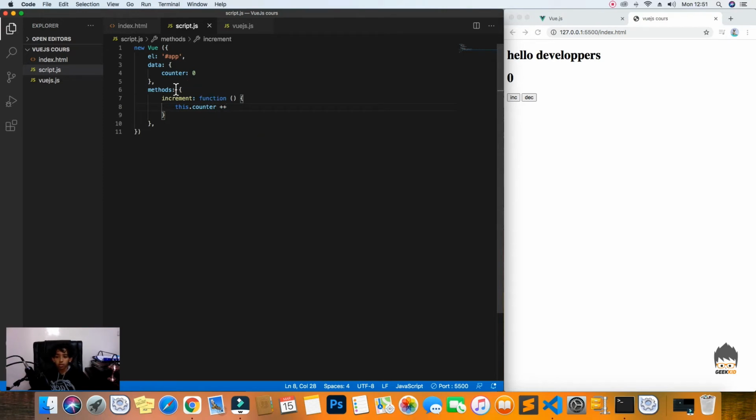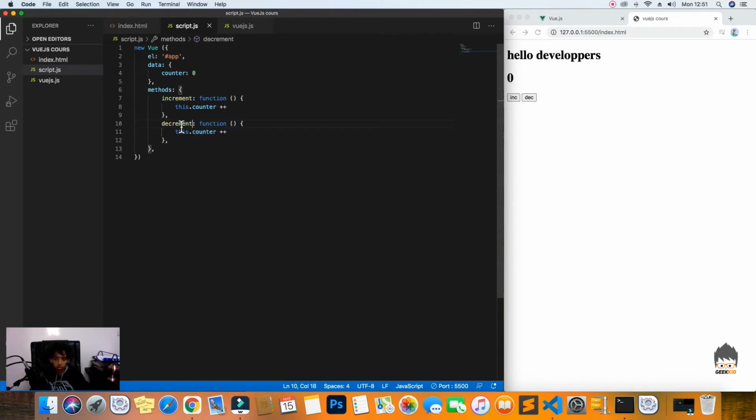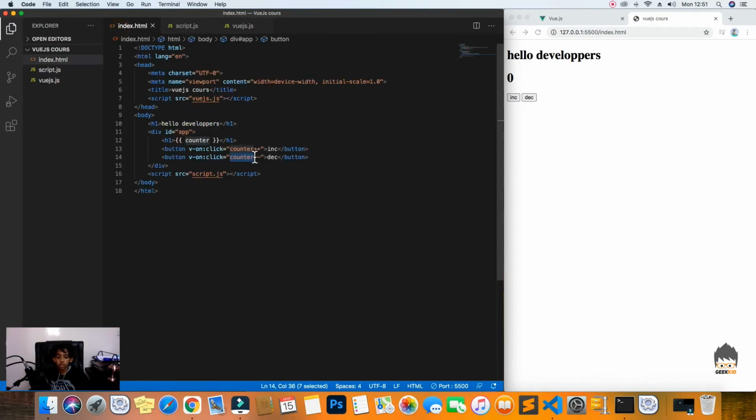Then I will go here, add a comma and copy paste this, and change it to decrement and minus minus. Then we go to our index and change this counter by decrement